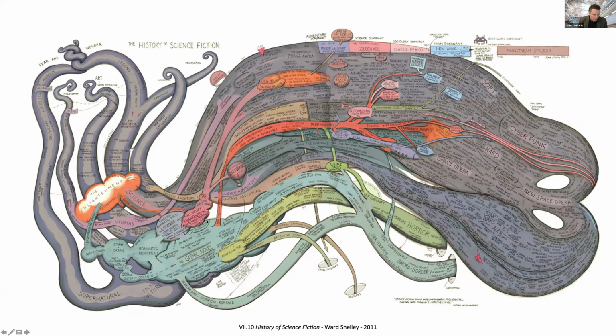So fantasy, horror, the Gothic novel kind of goes on one trajectory. And then another tentacle, we get the science adventures of Jules Verne, leading into works of Asimov and Clarke, and then into various subgenres like hard and soft science fiction, space opera, cyberpunk. An interesting feature is that